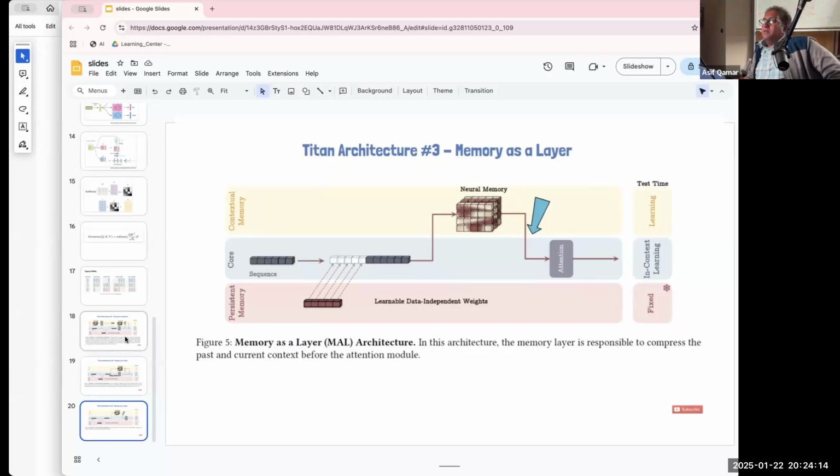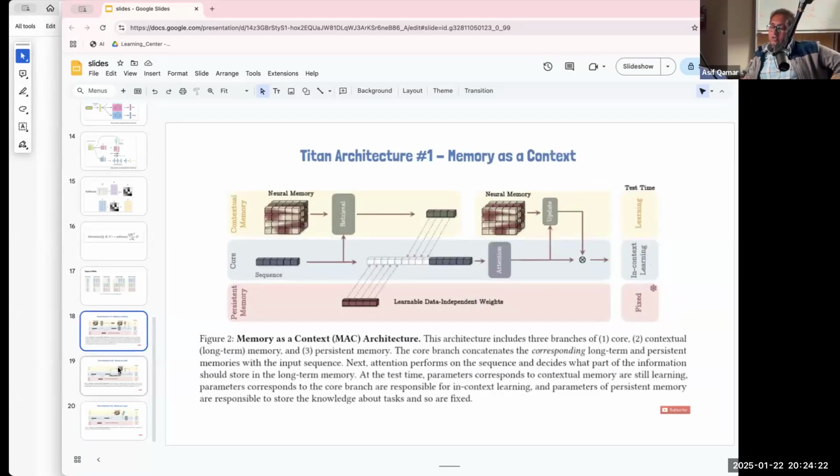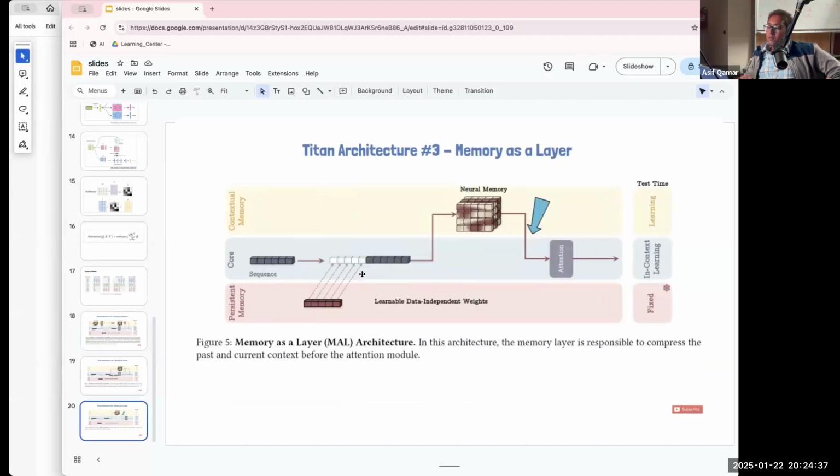So now let's think about the intuition. Why does this architecture work on different contexts? We'll look at the results and then we can explore why it does so. But for now, just imagine that there are three architectures, and then there is a fourth architecture. They didn't put it as a number. What they said is, without the persistent memory, if you have simply the neural memory model, they are calling it the fourth architecture. In the paper they didn't put it directly, but in the results section they mentioned LMM as the fourth architecture. So when we look at the results, we will talk about it.